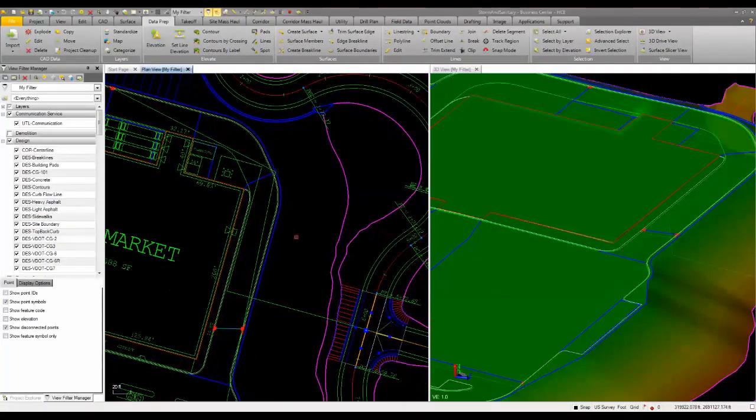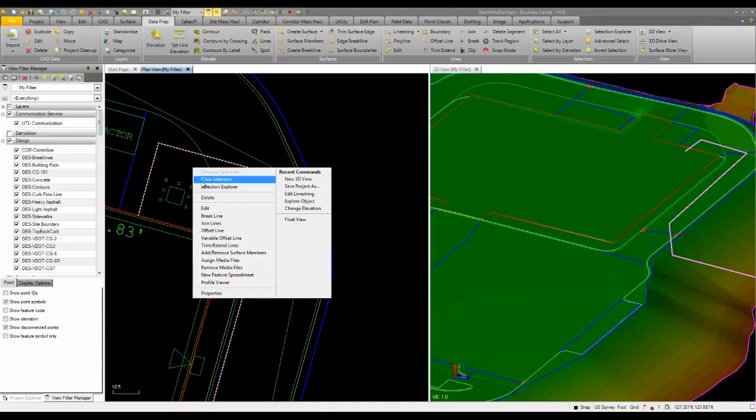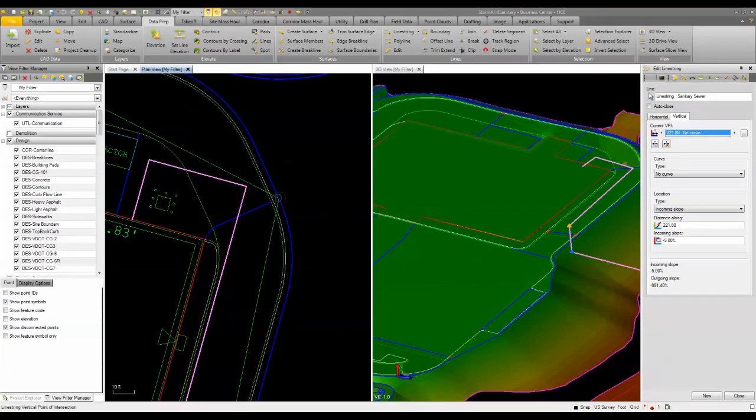So on a little bit closer inspection of our sanitary sewer, we can see that we're pretty close to our storm sewer. So what we want to do is slide this down a little bit. To do that, we're just going to edit that line. Because we did it with the deflections, it makes it fairly easy for us to edit. So if we go to horizontal, we're going to come over here,